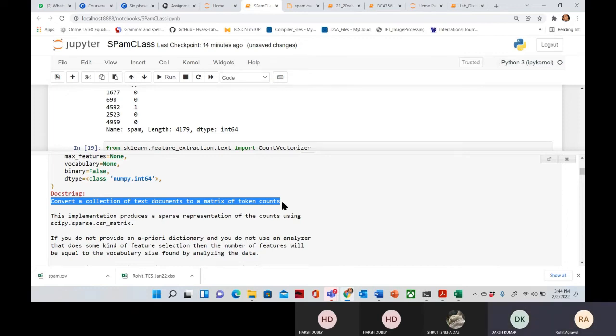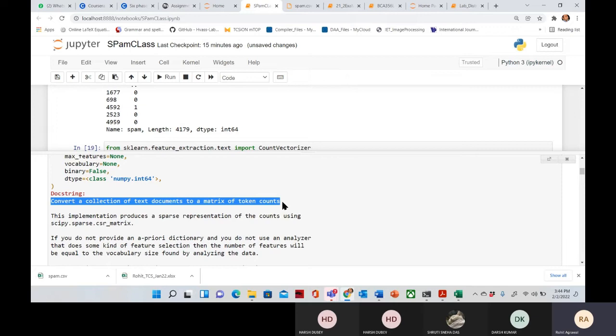Any one of you? No, sir. See, in this sparse matrix, we have a lot of entries as 0 or nearly 0. Okay. So it is a topic from research or computer science, so don't worry, we don't need to think about that. Okay. So whenever we have a text message, then we need to transform this text message into a matrix of token counts.